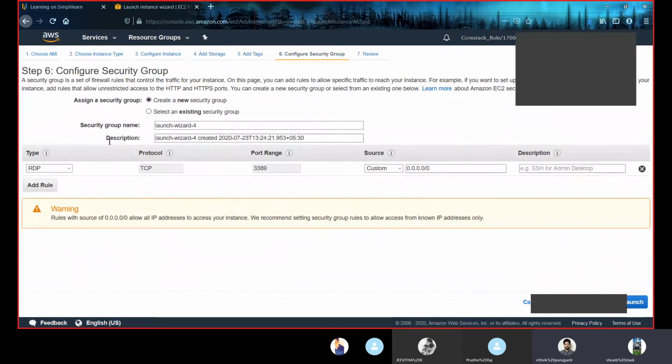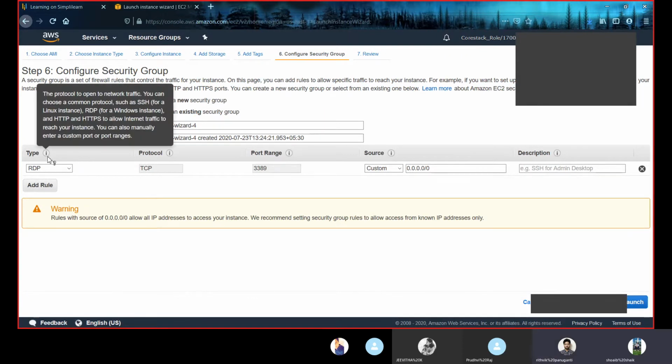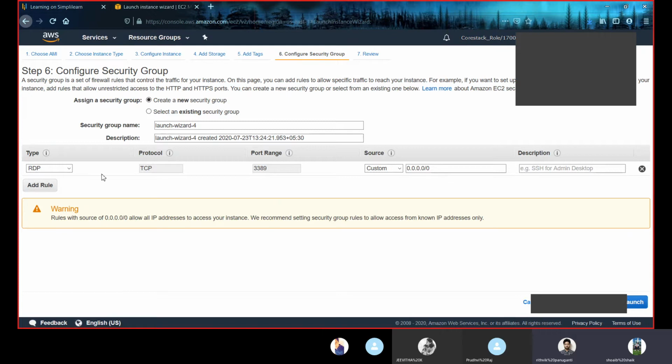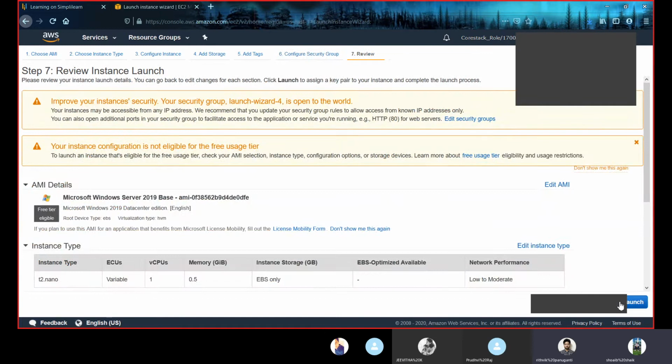Now, you previously saw that when we selected a Linux system, in the security group the type was SSH. Now, as we chose Windows, it is showing us RDP. This is the port range of RDP. So yeah, let's review and launch.